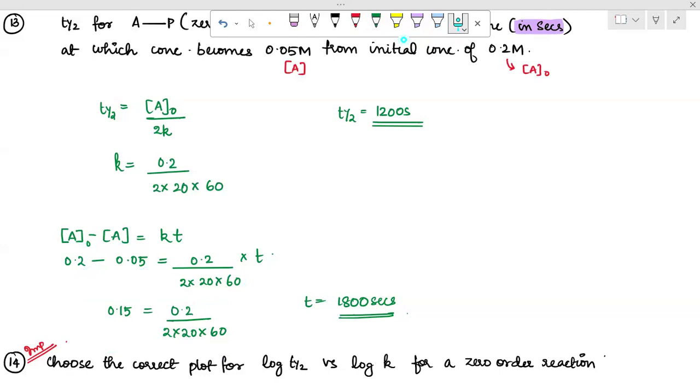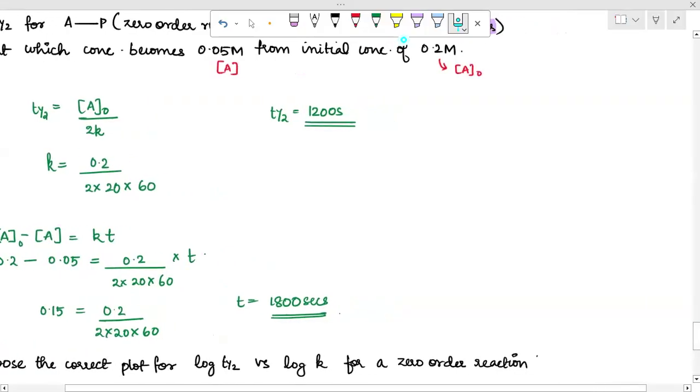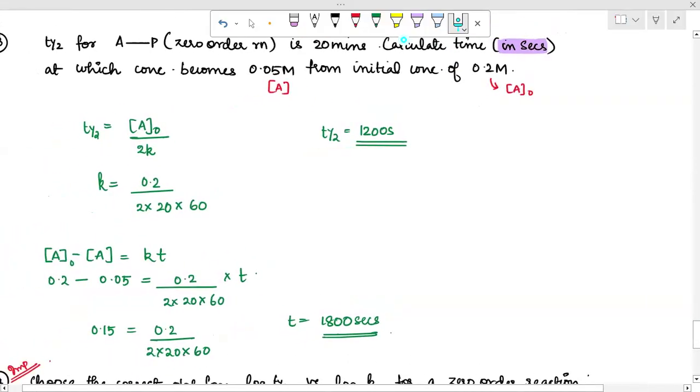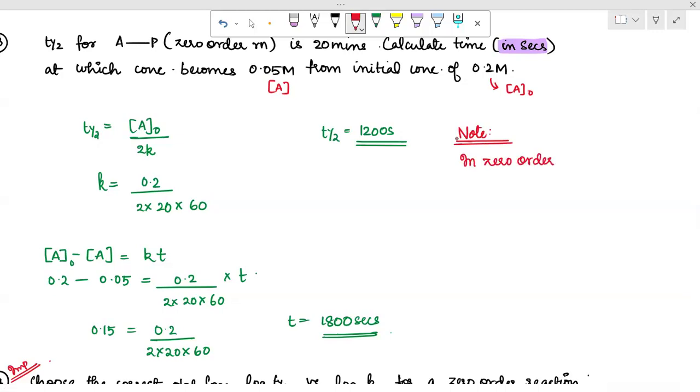Okay, 1800 seconds. Now for zero order reactions, I would like to introduce a small trick which is going to save a lot of time. I want everybody to note this down. It's a very easy peasy trick, and this is applicable only for zero order reactions. Please note down, in zero order reactions,